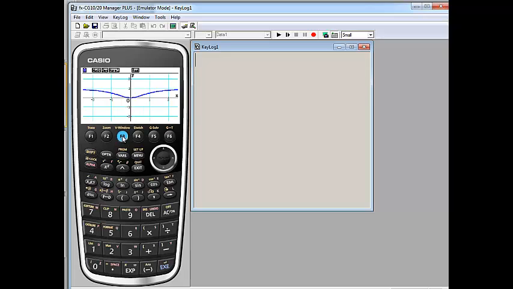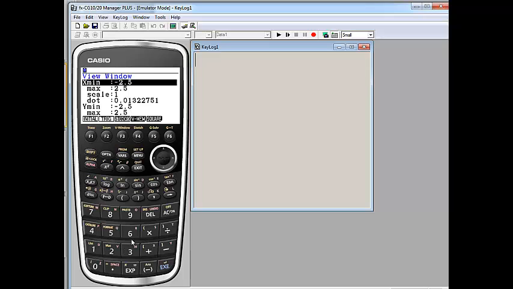If I change my window, on the x-axis I'm going to go to -1,000 and then to +1,000, so I'm widening my window. I don't care about the y value right now, so let me make that maybe -4 and +4. Now if I look at the graph,